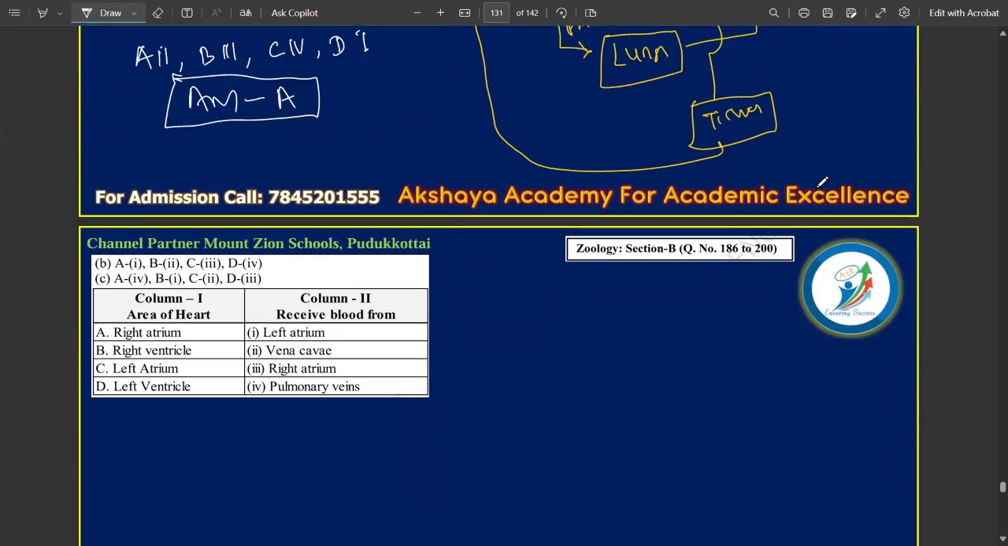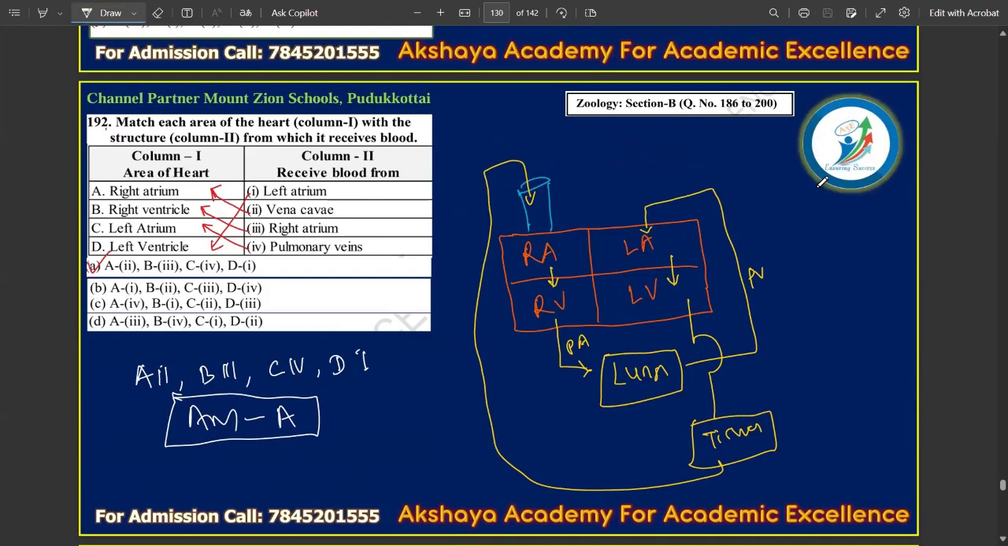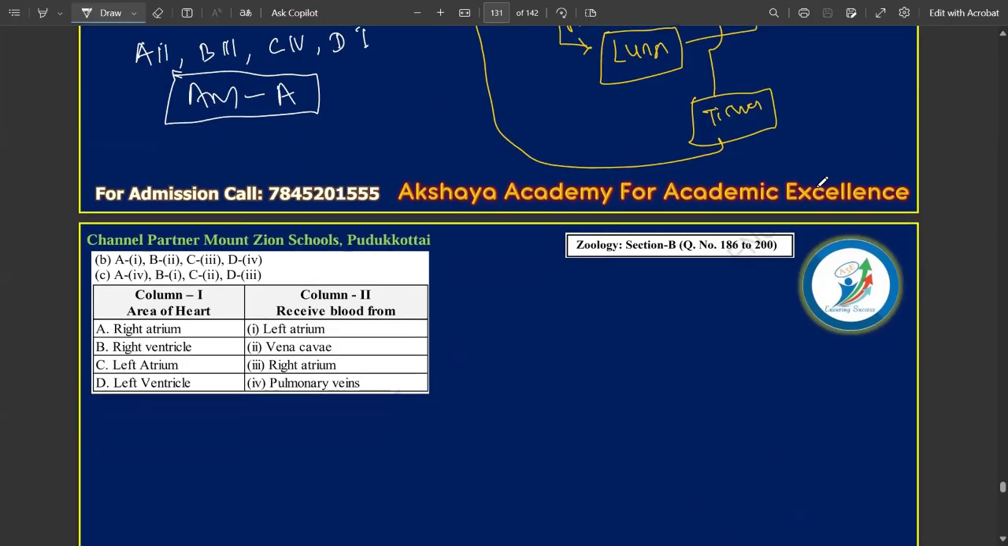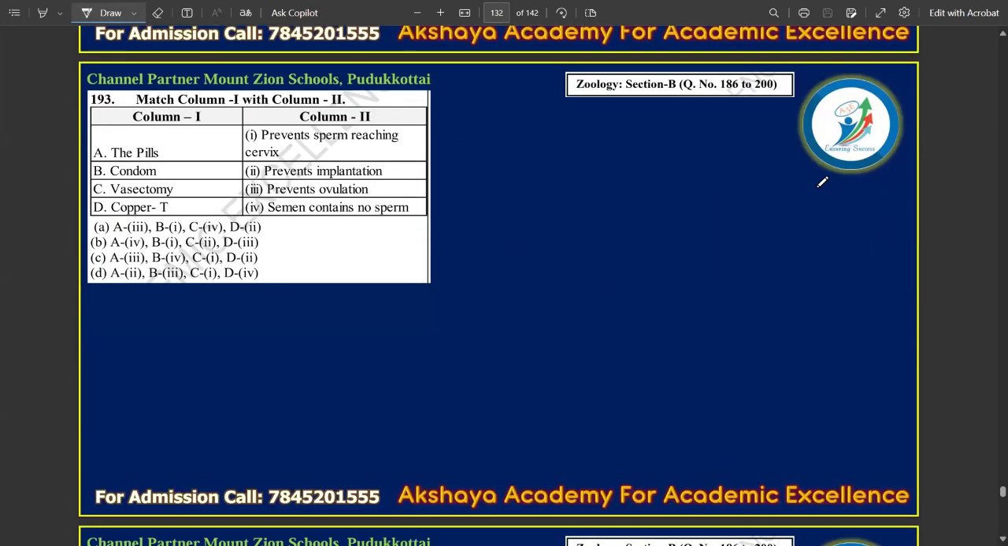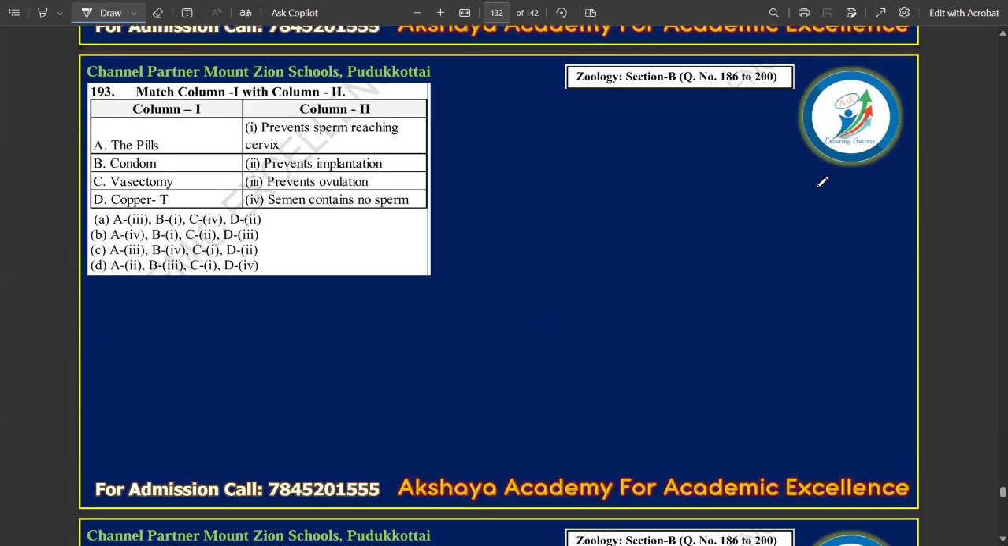The next question. Question number 193. Here also we need to match. It's from reproductive health. So the pills, okay, pills prevent ovulation. We know that. Okay, condom, it prevents sperm from reaching the cervix. In vasectomy, the semen does not contain any sperm. Then copper T, it prevents implantation. Okay, so based on that,